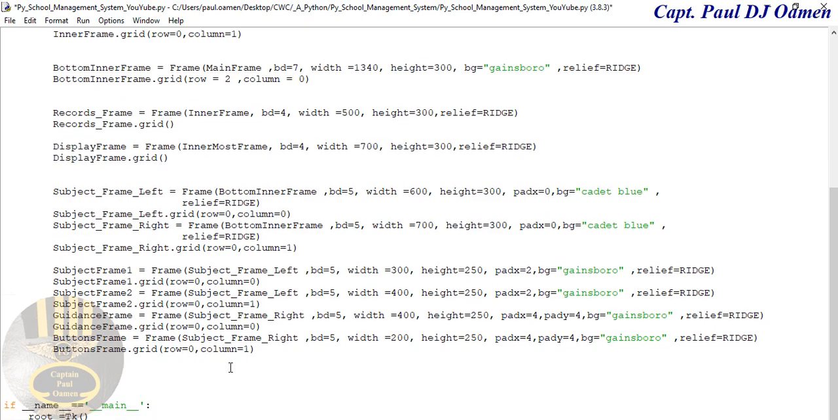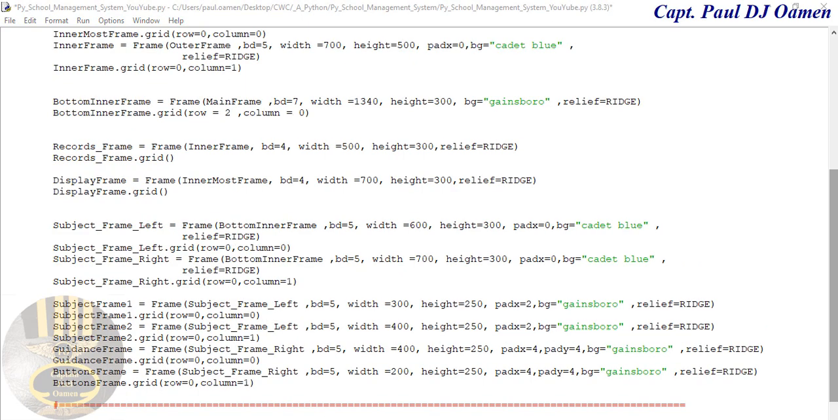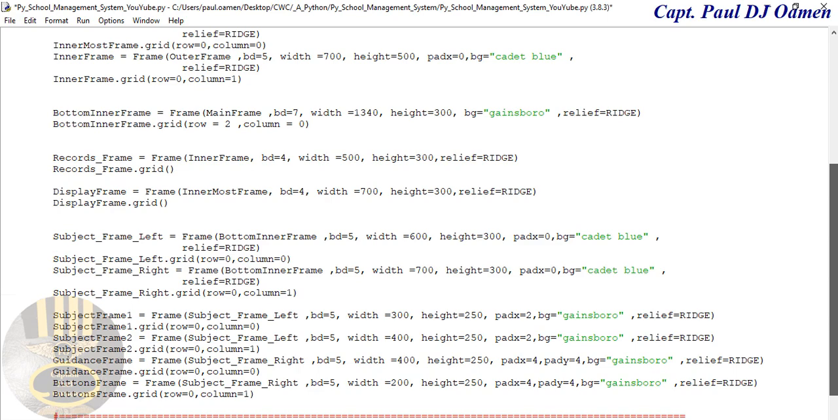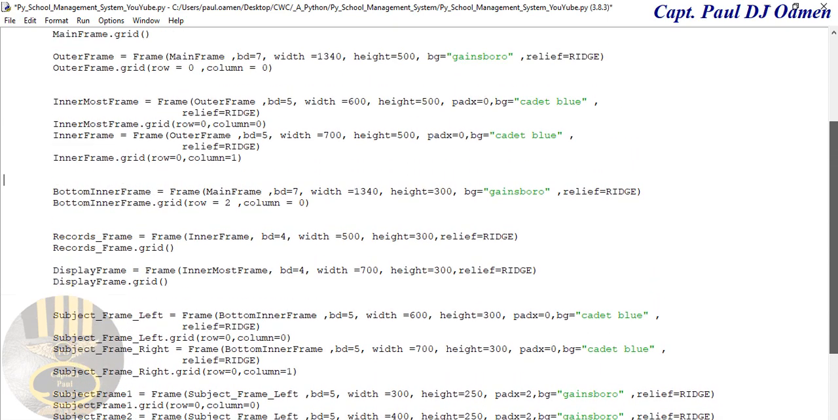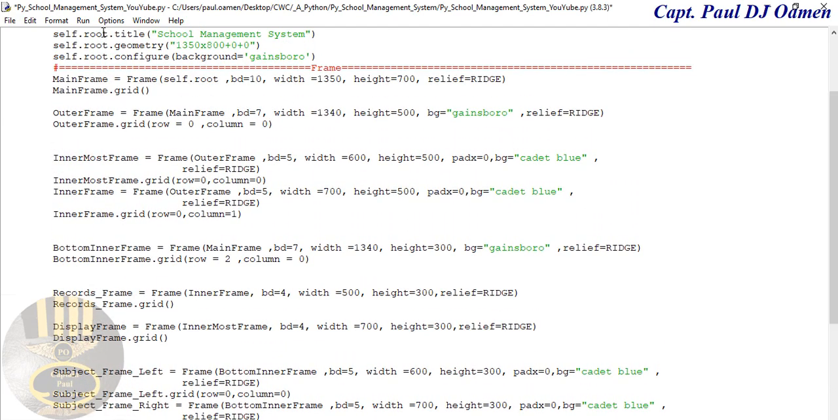There we go. That's the end of the frame, and there we go. Right, so I will now run it, then we'll just take it from there. Okay, run,